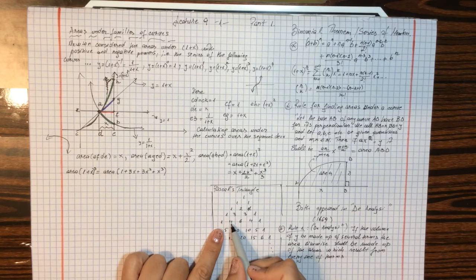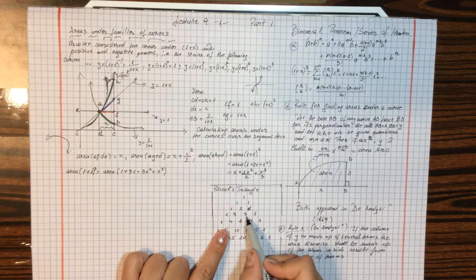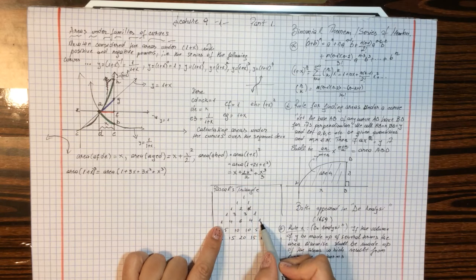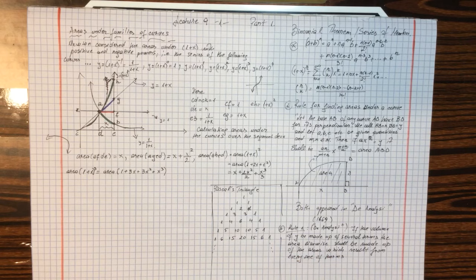Here you have 4 comes from 1 plus 3, 6 comes from 3 plus 3, 4 comes from 3 plus 1, and then you write a 1 at the end, and so on. I mean, it's a fairly simple triangle, but it's extremely rich in properties, and that's the topic for another time. But